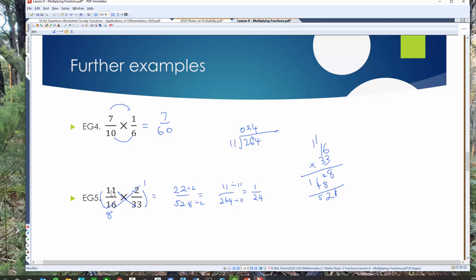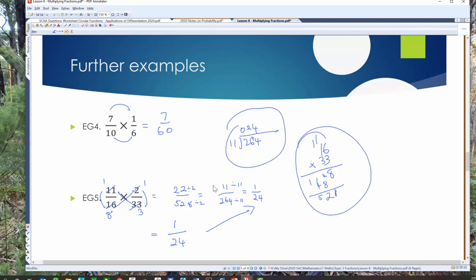Now, 11 and 33, what will go into 11 that will also go into 33? Well, the answer is 11. 11 goes into itself once, and 11 goes into 33 3 times. Now what we can do is go ahead and multiply the remnants of that. Okay, so 1 times 1, that's a difficult problem, that's 1, and 8 times 3, which is 24. Now notice I've yielded exactly the same result without any need for doing any of these big calculations here. None of those were required at this point because what I did was caught out the simplifiers beforehand